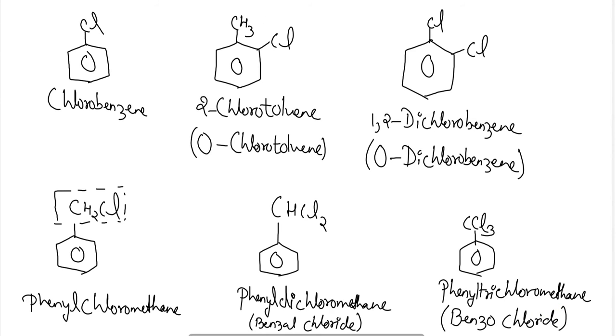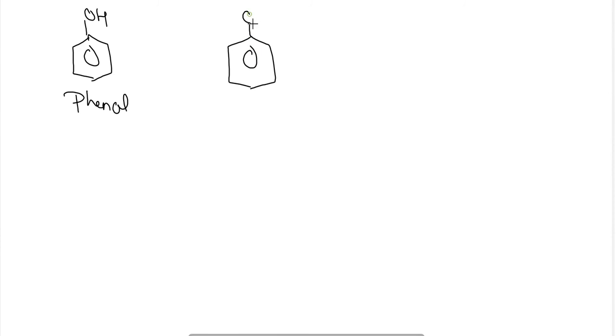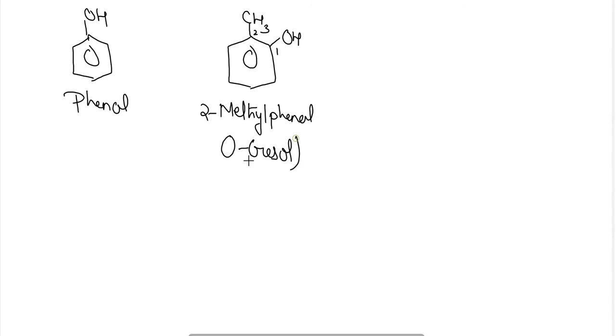Okay. Now, if some more functional groups such as alcohols are attached, then it will be termed as phenol. If an alcohol with a CH3 is attached, then it is termed as 2-methyl, because the more preferable group here is the phenol group, meaning the alcohol group, so it will be given the first position, and this will be the second position. So the name of this compound will be 2-methylphenol, or orthocresol.